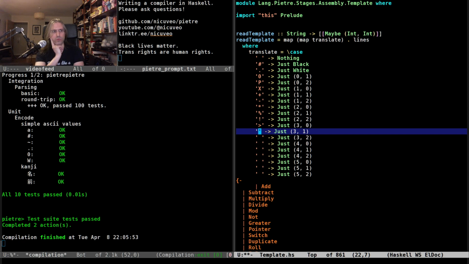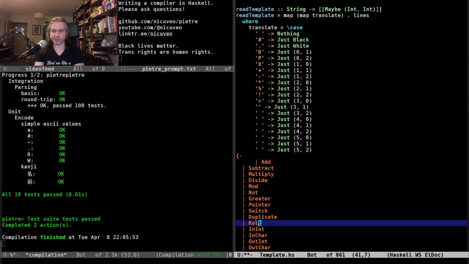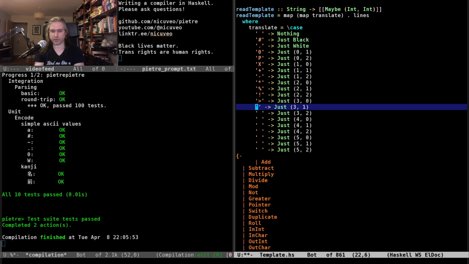Pointer, what do we do? Pointer is the one that rotates the instructions. But I probably don't want to use R because there's also roll, which I think I want to use R for. So pointer, the thing that rotates where we're going.